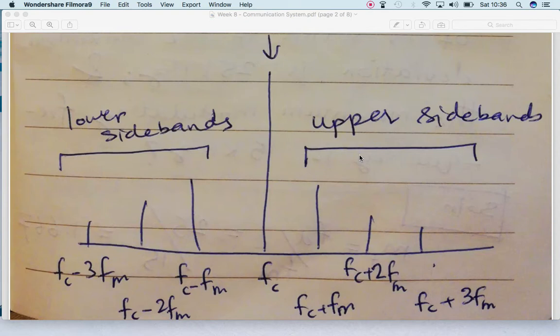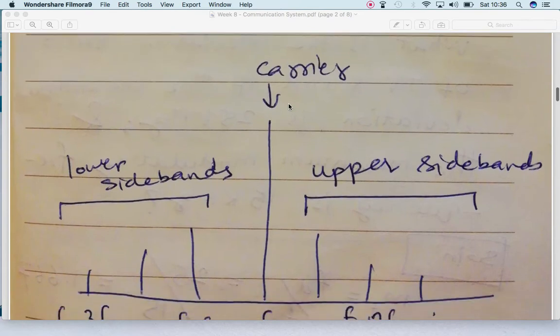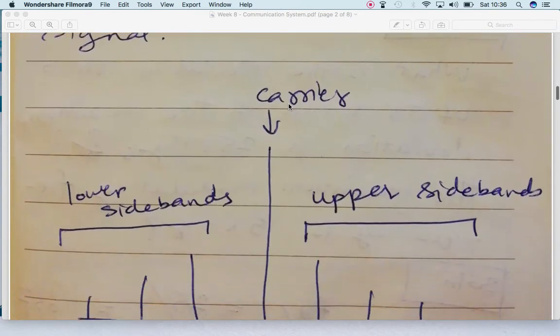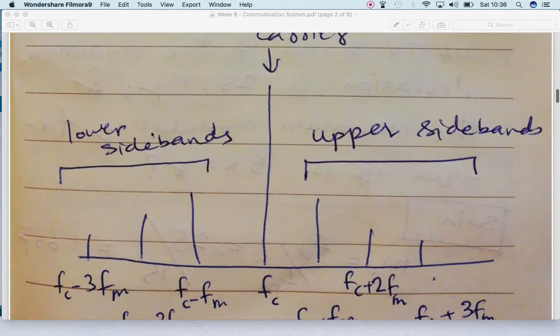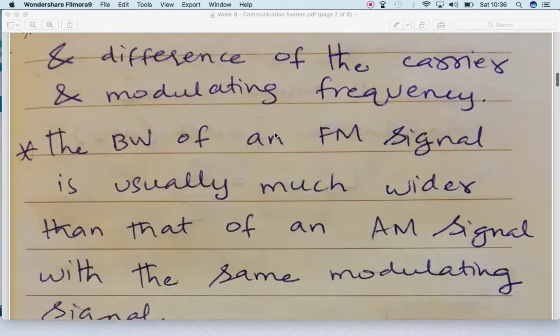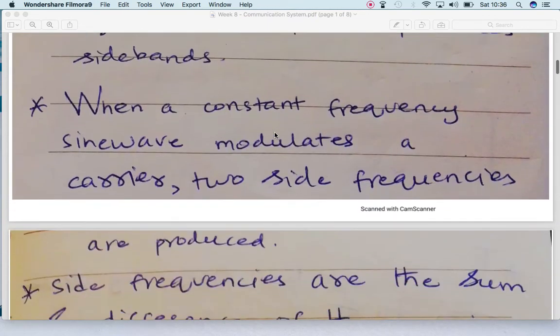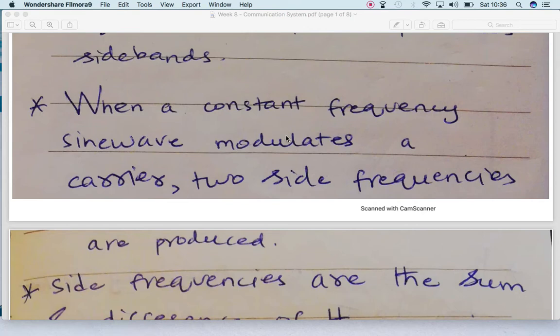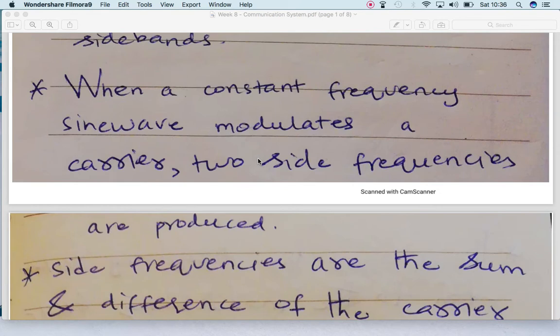So this is a diagrammatic representation of any modulated signal in the spectrum analyzer, which is giving us the view of the signal in the frequency domain and showing that whenever we have any modulation process, then there will be upper and lower sidebands on the left hand side as well as on the right hand side of the carrier frequency, and these sidebands are representing the information which is being transmitted by the carrier signal. So this is saying again that when the information signal is mixed with a carrier signal, two sideband frequencies are produced.